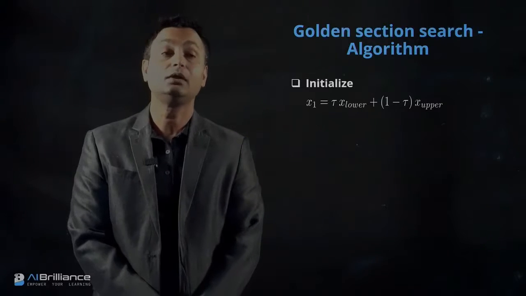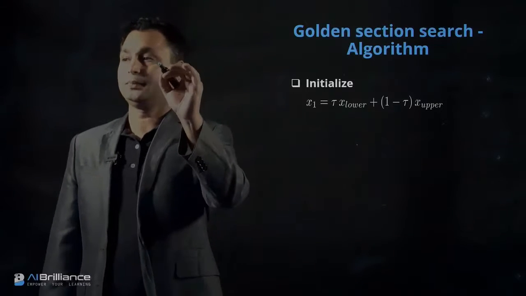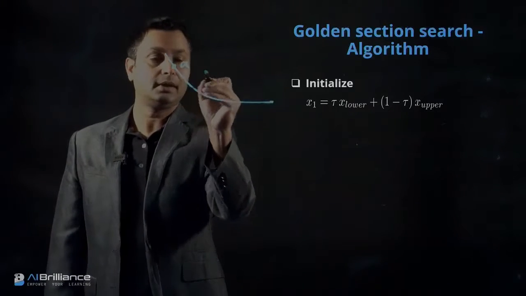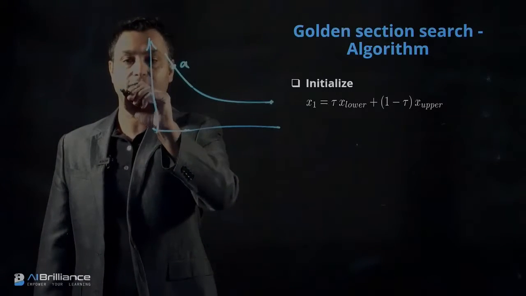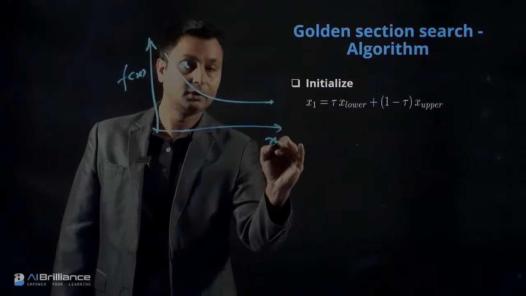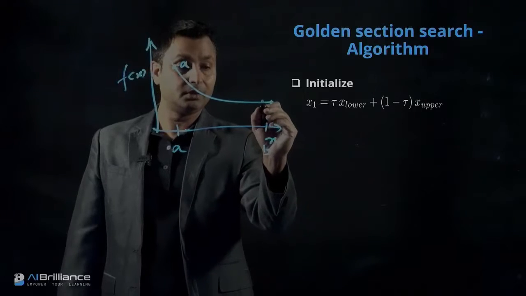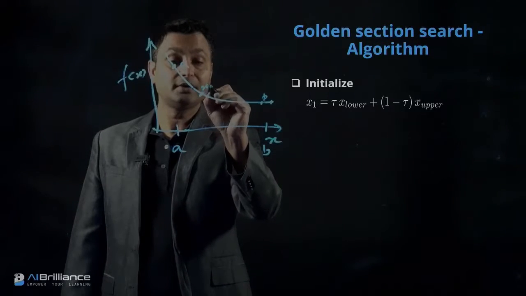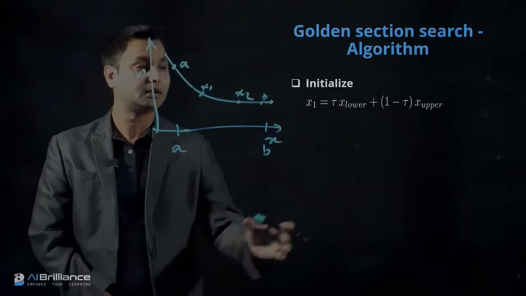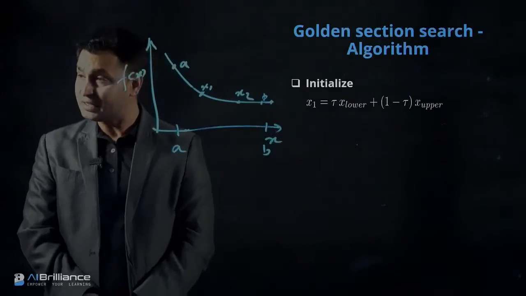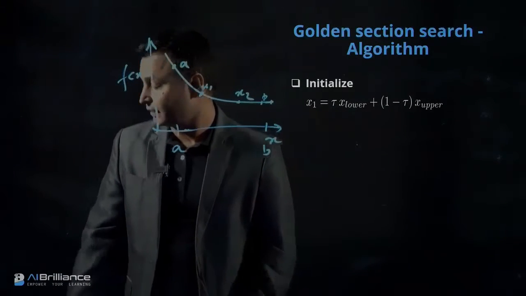The initialization starts from the bounds A and B. Maybe even before doing the first iterative process, remember, we have bounds A and B, right? If we draw this axis, then this is f(x) and this is x. We typically start with some bounds A and B, and within this A and B we generate two points, x1 and x2. How these two points x1 and x2 are generated is described by this initialization step, and that's what we are describing now.